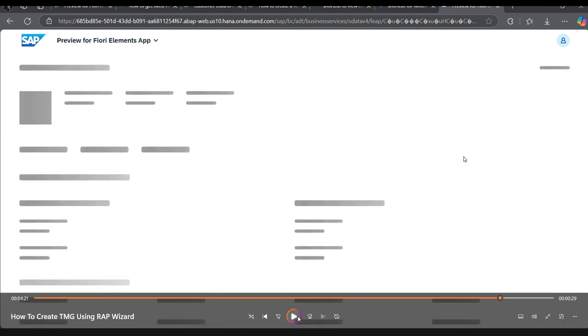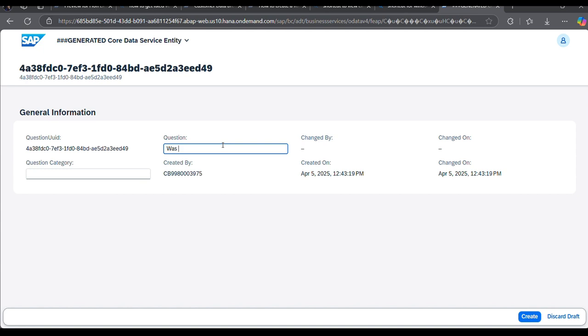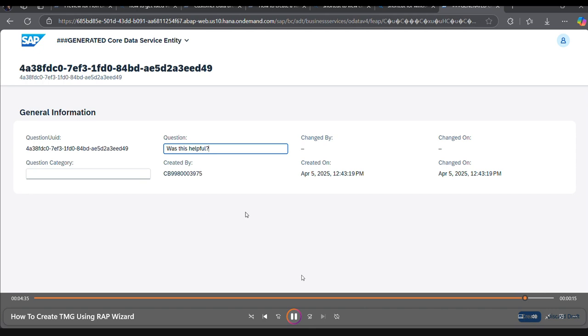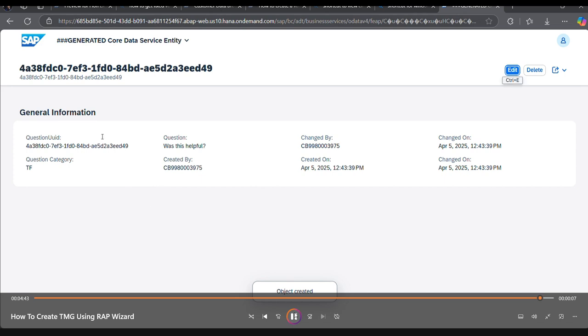Let us try creating entry in table by clicking on create. Enter the details for the input fields like question, question category, etc. Save the record. The record got saved. Awesome. Is it?